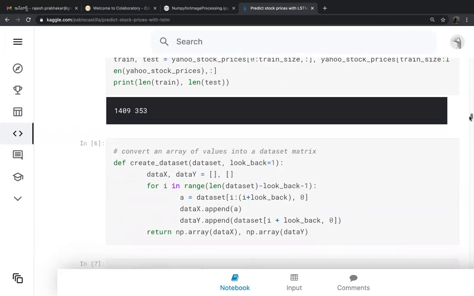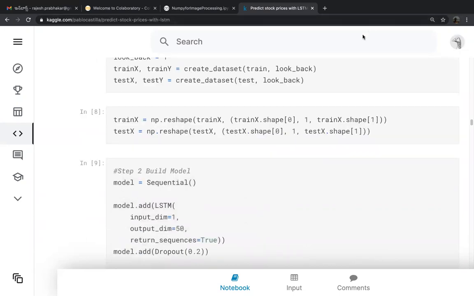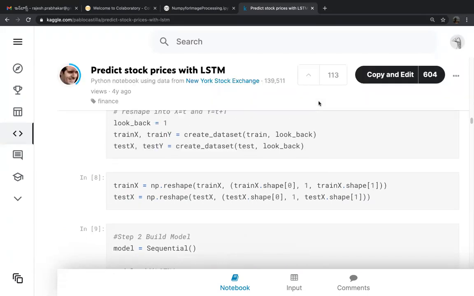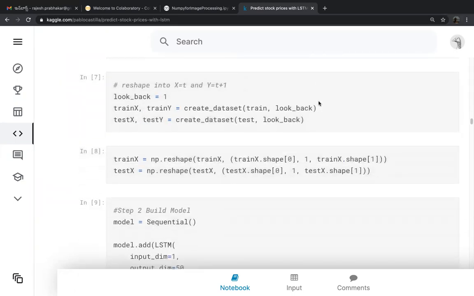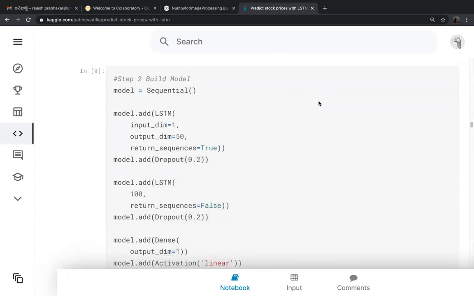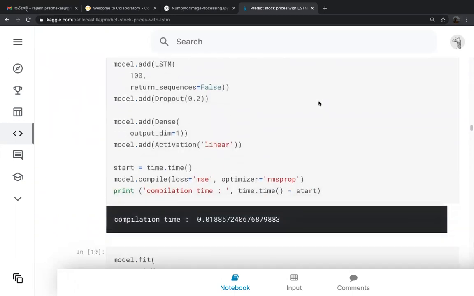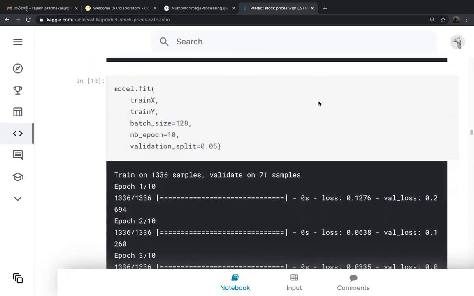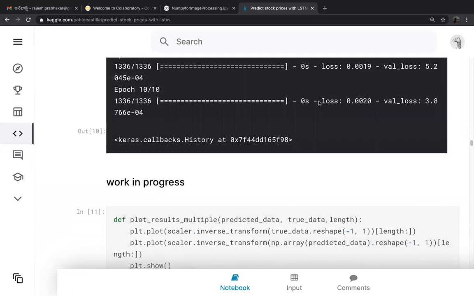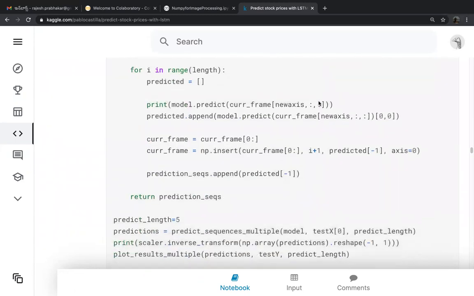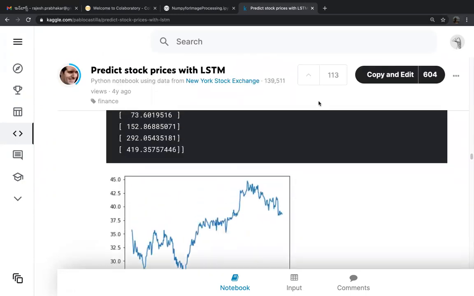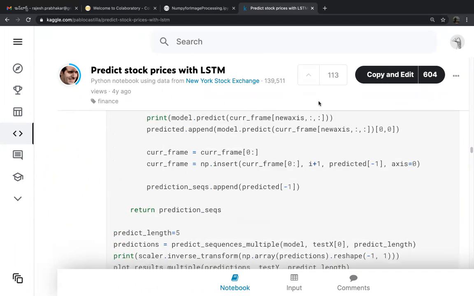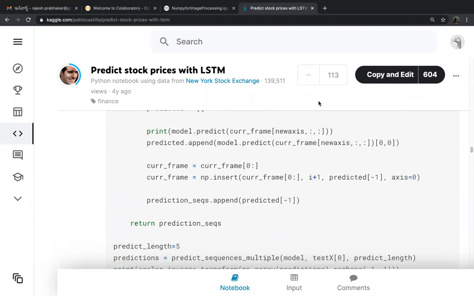So here, we will reshape the data and build a sequential model. You have to reshape the data. You have to convert the stock prices into a matrix, then into arrays, and then you build the sequential LSTM model, and once you fit the model, it will give you the predicted model. So it will predict for the future. The predictions have robust accuracy. As far as LSTMs within time series prediction, they have robust accuracy.